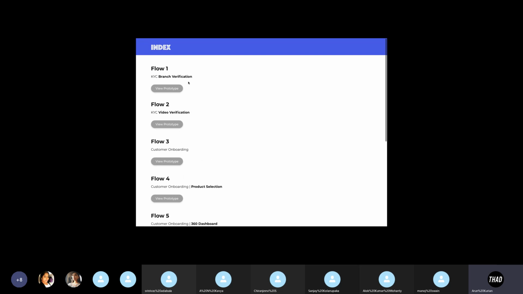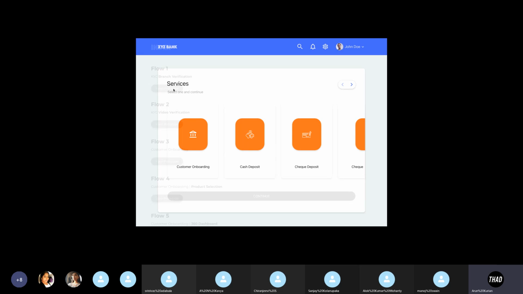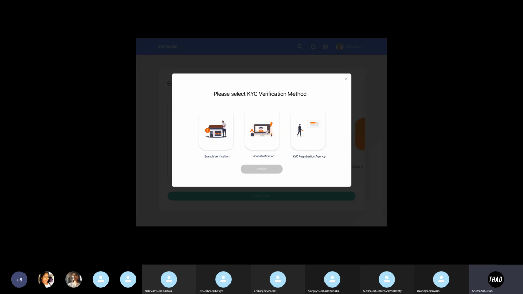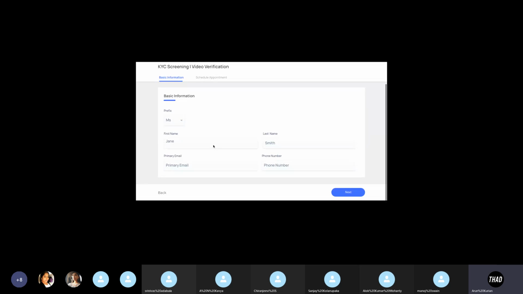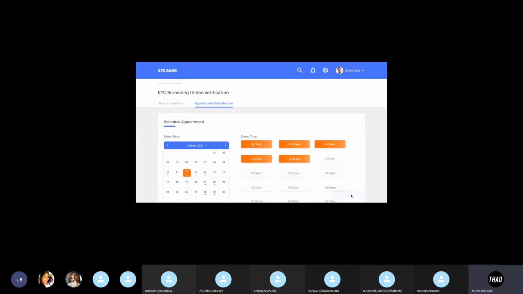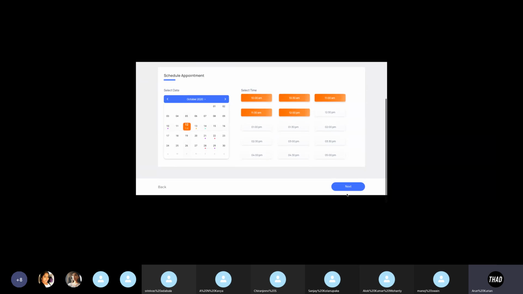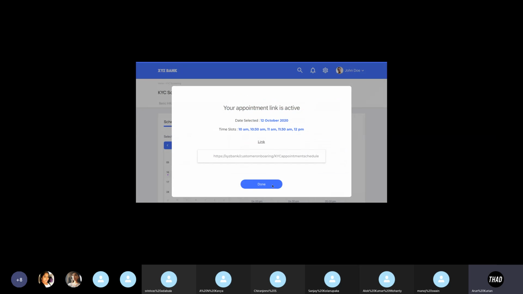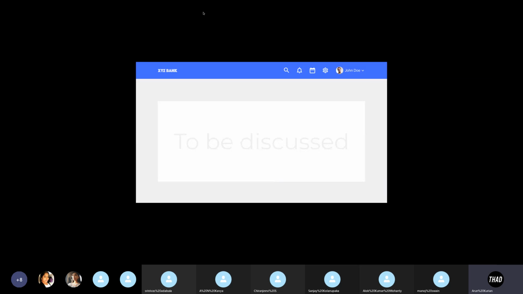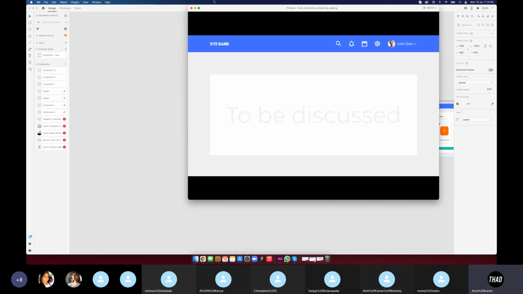First we have this branch verification flow. When you click on it, you have these many services listed. When I click on customer onboarding, it will get selected. Then you can select a video verification, then you can fill in all these details, then you can schedule an appointment, and so this is the flow that we have.